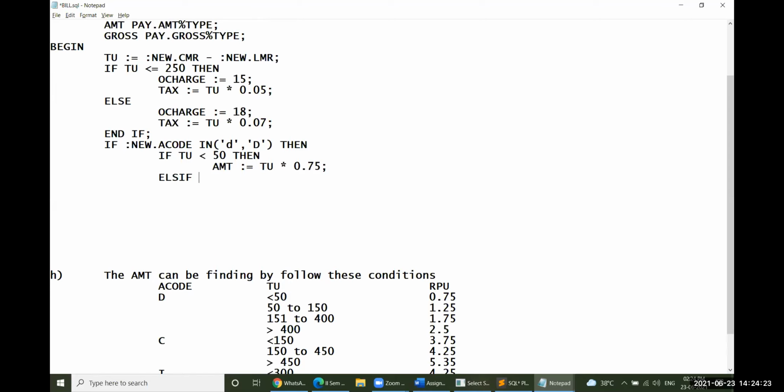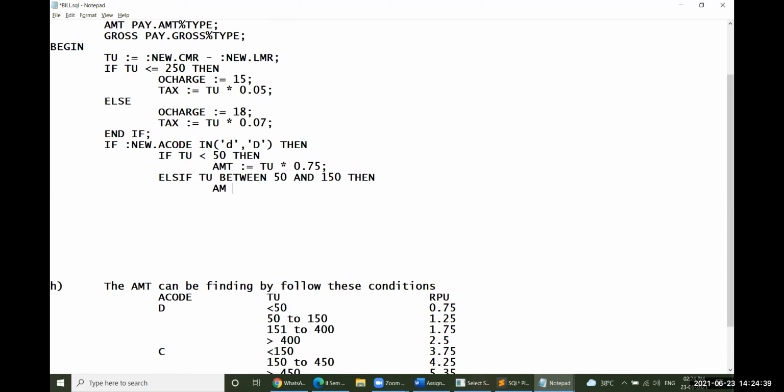Else if total units is between 50 and 150, AMT will be equal to total units into 1.25.